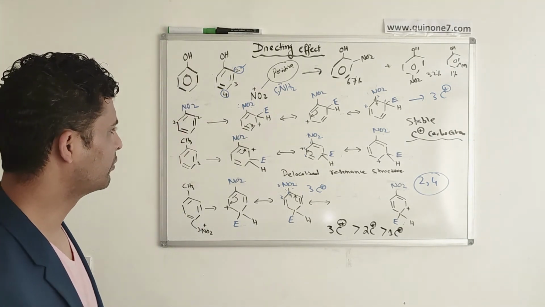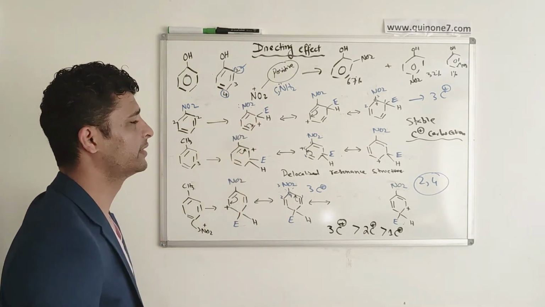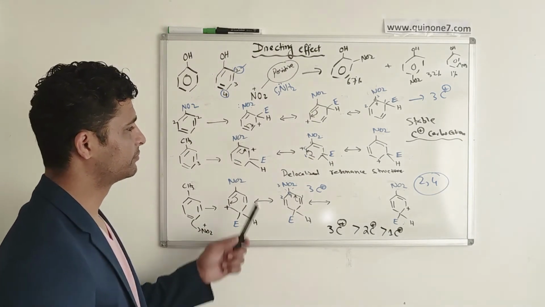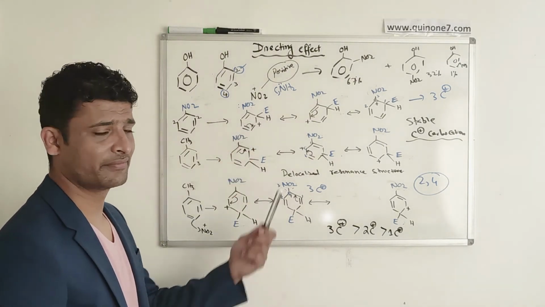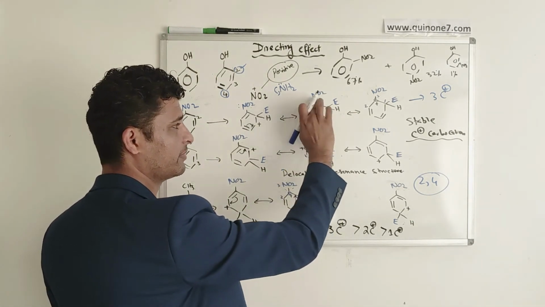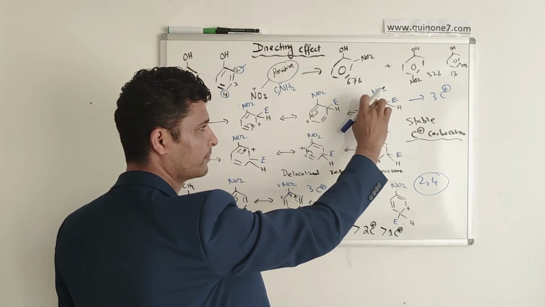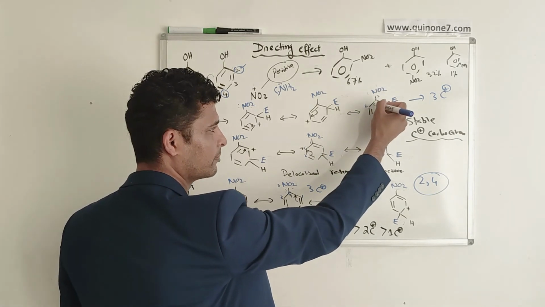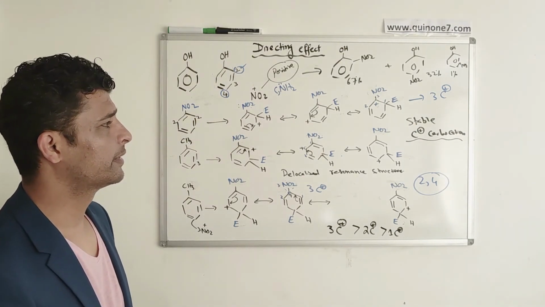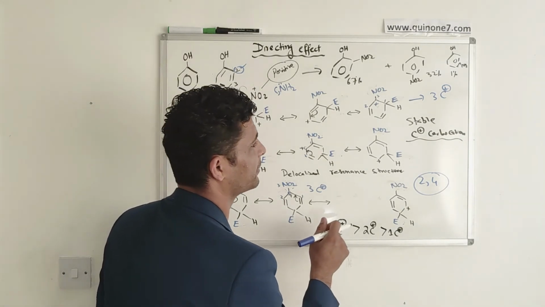So now we're going to have a look at the possibilities. If the NO2 group is there, we will have the first possibility at the number 2 position. Everything remains the same. You will have an E there, all of them will appear there. The moment you come here, that's the end of it. But one more thing is going to happen: